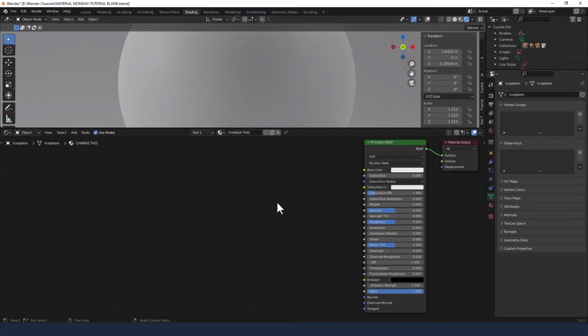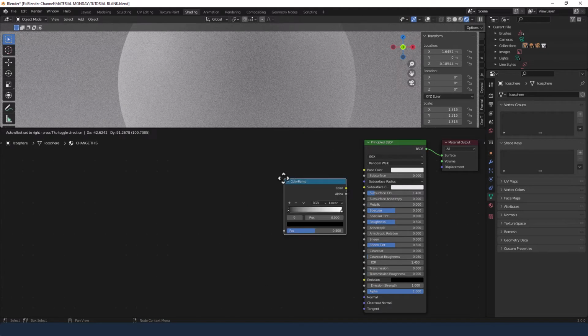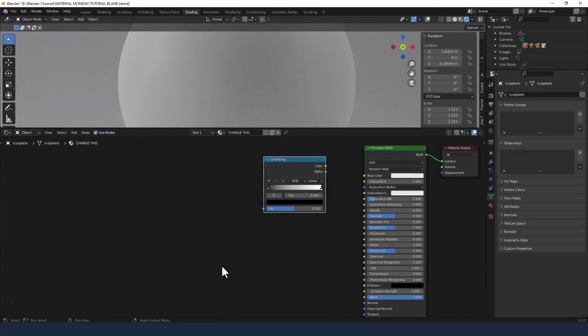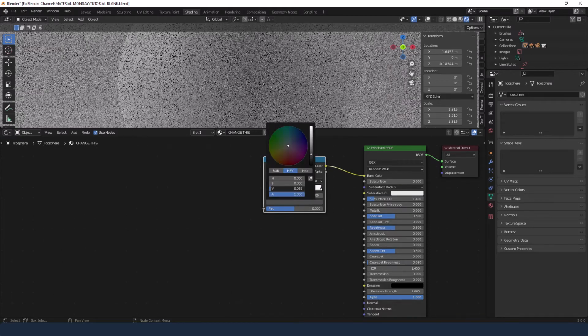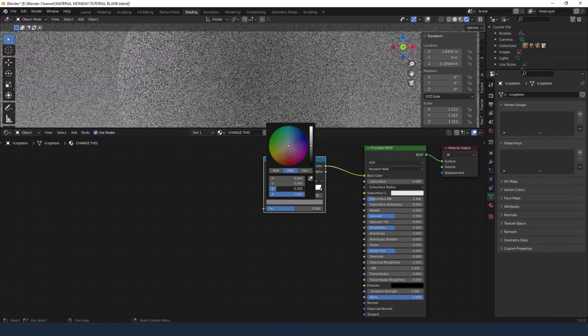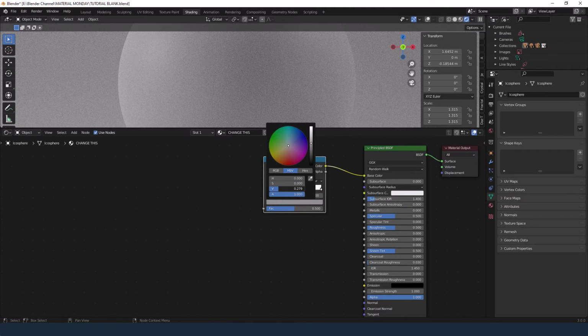Next thing that I need to do is be in this area here, press Shift A and search for a color ramp. Press Enter to select and then drop it in here by left clicking. Connect that up to the base color of the principled shader. And we're going to change this color to a light grey, so let's increase the value. Let's say about there. We're going to move that to position 0.2, add another point, and move that to position